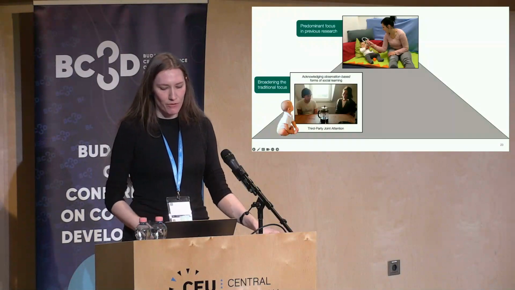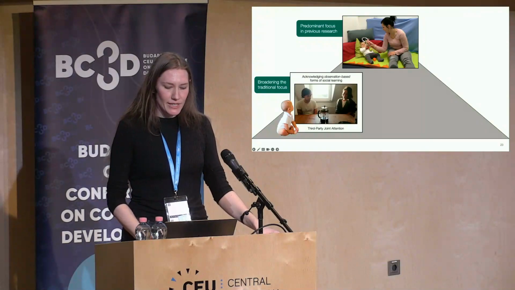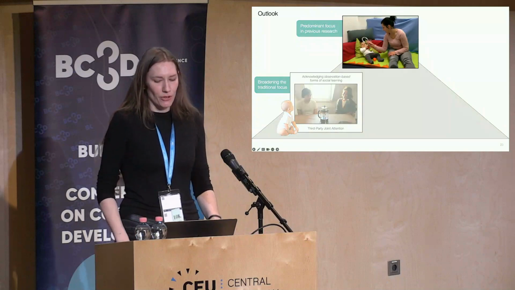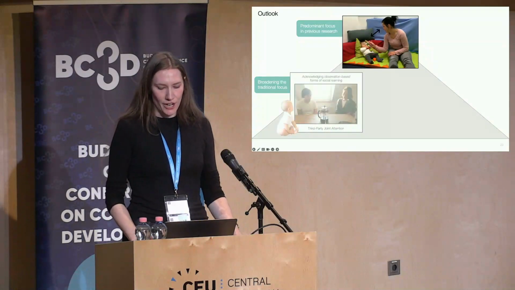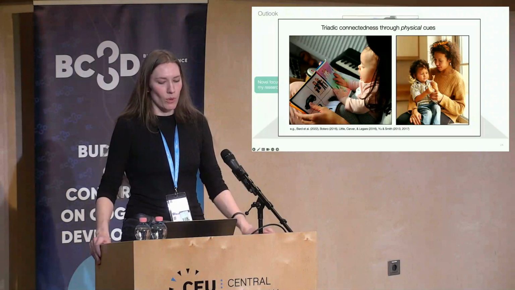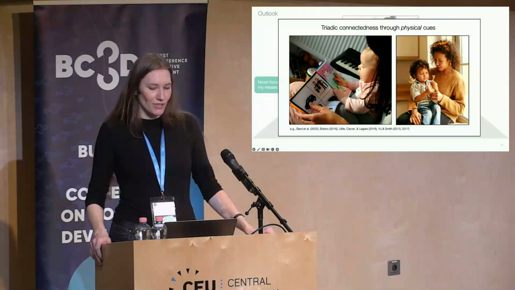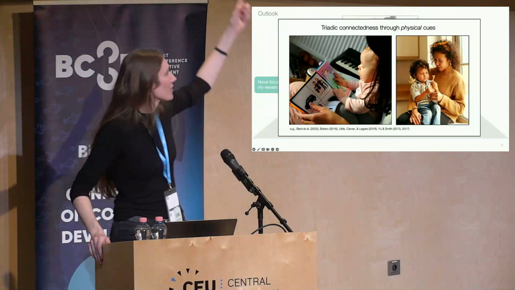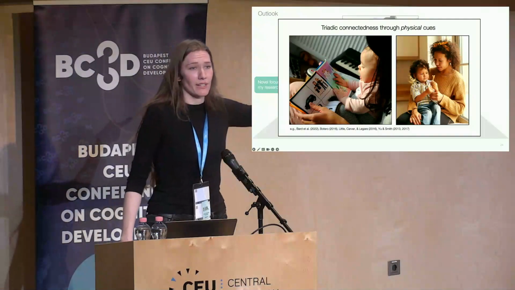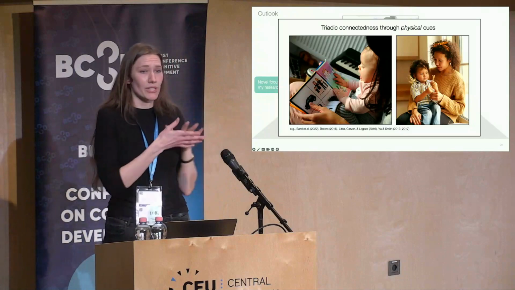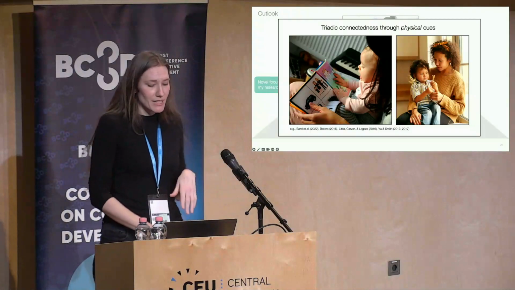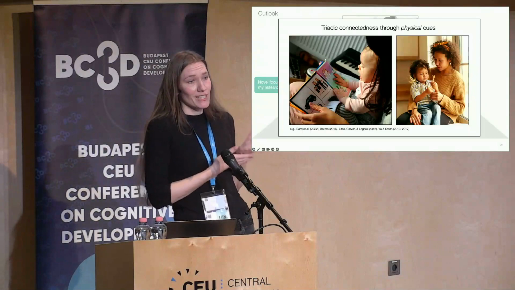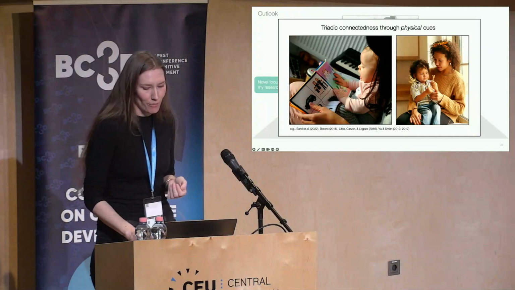I would like to end with a brief outlook on the second approach we are currently taking to broaden another aspect of the traditional view, and that is to rethink the long dominant focus on visual cues of interpersonal sharedness. The problem with this one-sided view is that it neglects situations where infant and adult don't engage in eye contact, but yet share joint attention to an object, such as in situations like this, where the triadic connectedness is established through physical means, such as mutual touch or interpersonal proximity. So it follows that the strong focus on visual cues again underestimates the infant's actual joint attention experience and competence.